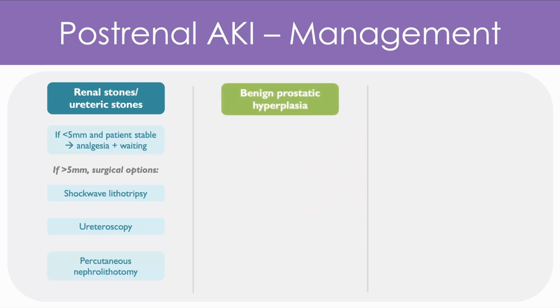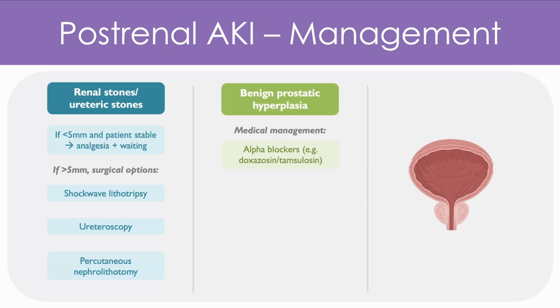Turning towards benign prostatic hyperplasia, this is a condition which involves enlargement of the prostate gland in males, and we can adopt a medical management approach initially to try and treat this. This can involve using medications such as alpha blockers, including doxazosin and tamsulosin. To explain how these work, the smooth muscle around the prostate gland in BPH patients is often in quite a contracted phase. These alpha blockers help to reduce the level of contraction and thereby allow the normal flow of urine